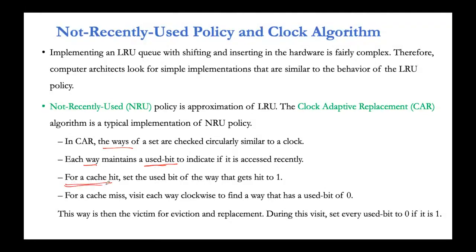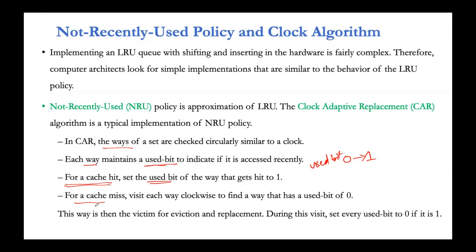For a cache hit, set the used bit of the way that got a hit to 1. If the used bit is 0, that means that way is not recently used. If it is hit, then it is going to be used, so it will change its status from 0 to 1. Okay, for cache misses,